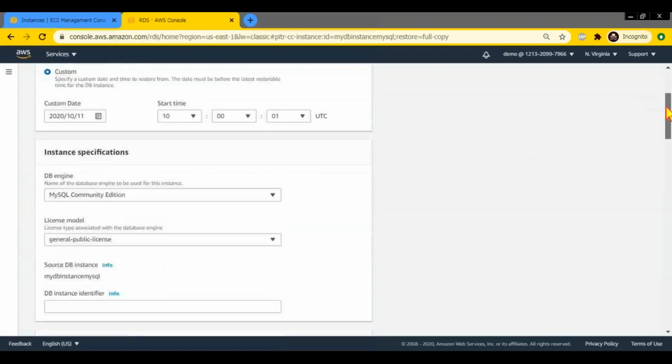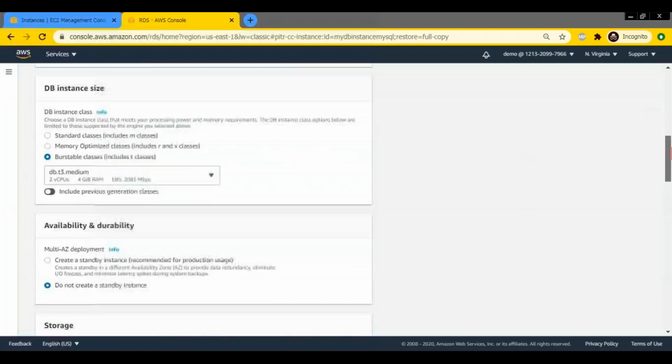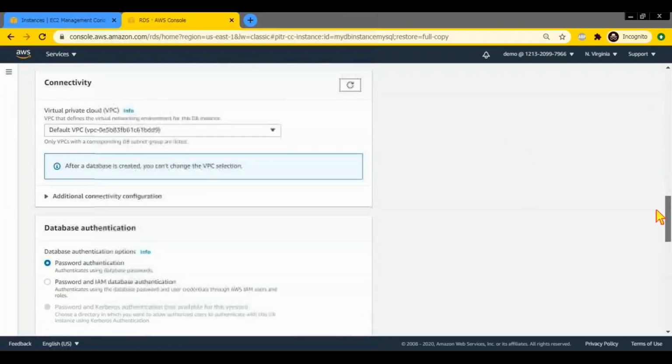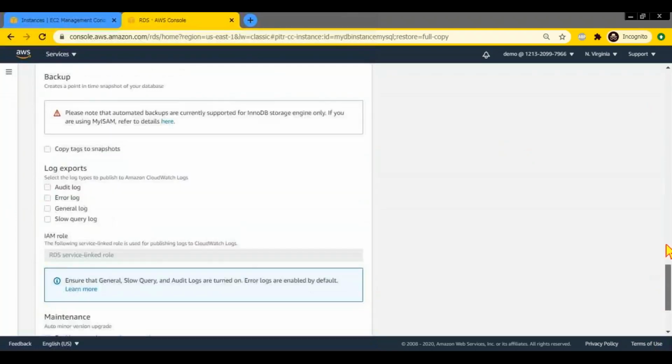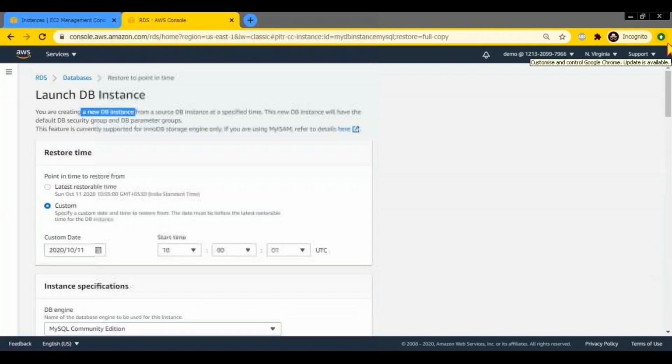Again, the same steps to create your database instance. You can give the same instance class, whatever, all the other things. So it does not modify your existing database. If you want to take only a specific database backup, or you want to restore a specific database, there are other steps that you should explore. For that you need to use S3. You can execute a